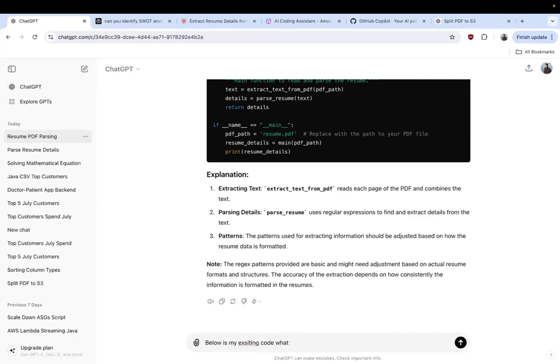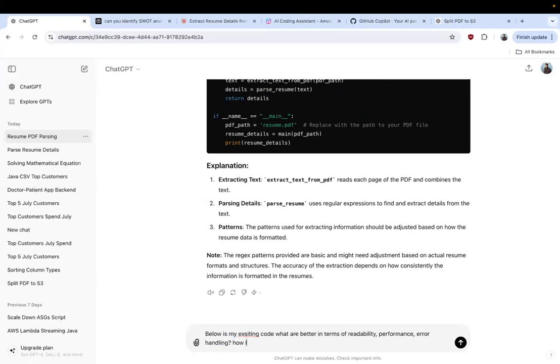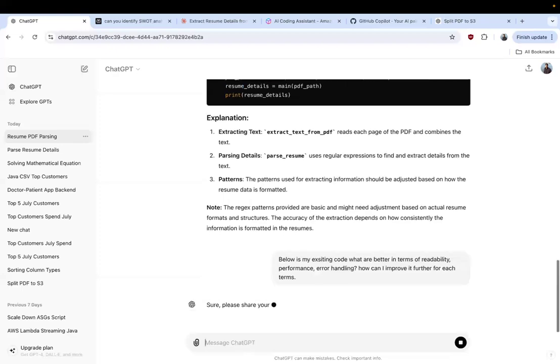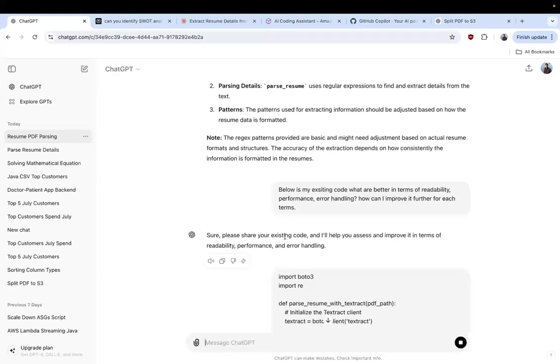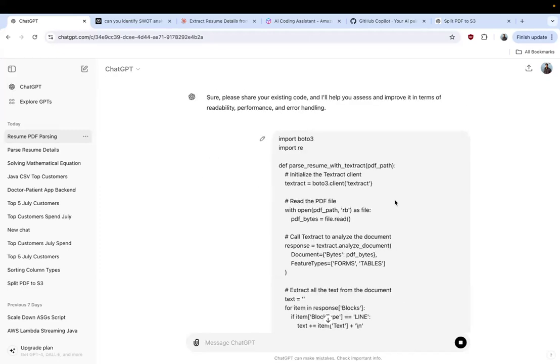instead of what you feel, मैं पूछूंगा कि what are better in terms of readability, performance, error handling, how can I improve it further for each term. कभी भी आप फीडबैक मांगेंगे ना, तो फीडबैक मांगने के टाइम पर specify for what exactly you are asking for feedback। ऐसा नहीं बोलो कि ये अच्छा है क्या, तो फिर वो कुछ भी बोलेगा। तो अगर आपको रीडेबिलिटी इंप्रूव करना है, परफॉर्मेंस इंप्रूव करना है, एरर हैंडलिंग इंप्रूव करना है, वो चीज़ें, बिकॉज मुझे वहाँ दिखा था कि उसने